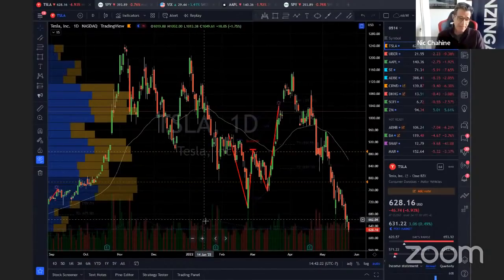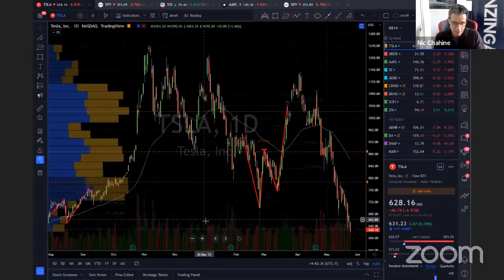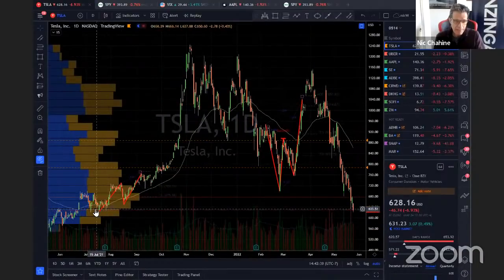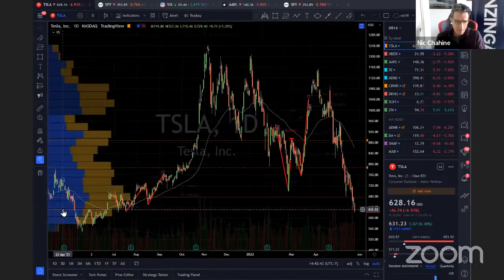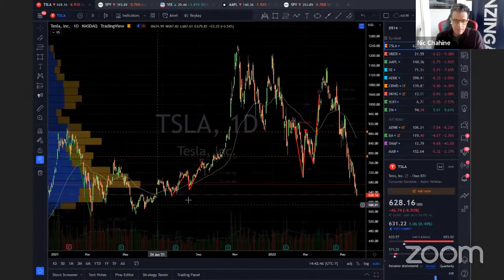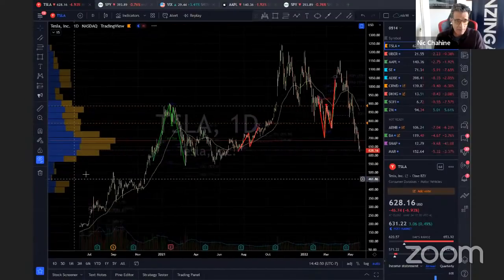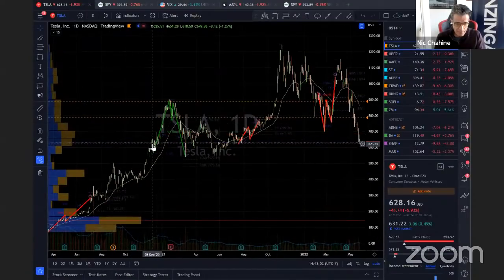So the first thing I say is look left on the chart. That's what algos do. If you program a machine to look for action, part of the variables would be look left and tell me what happened the last time we were here. So the machine will have to go, oh, okay, check this out. This is a solid floor. And it was resistance before. Where are we? It's been in play for a long time. How long? Since right here, December of 2020. So this is an important spot.